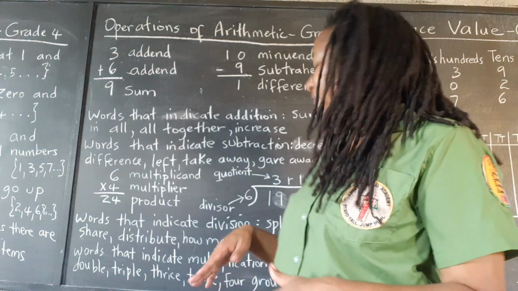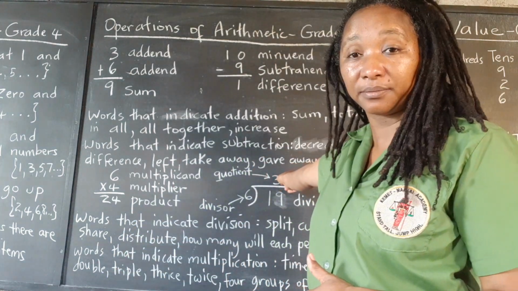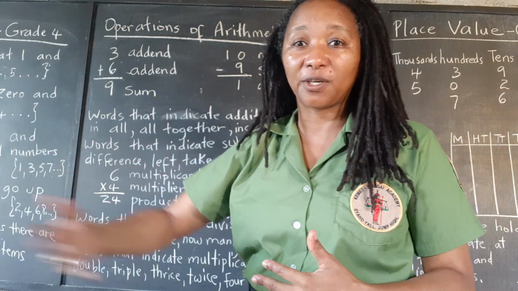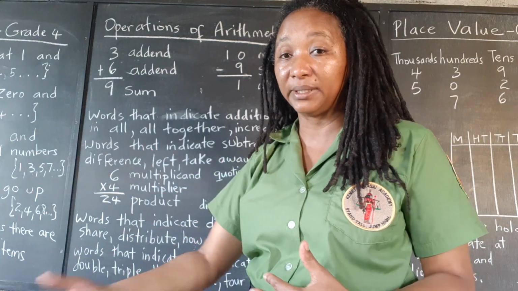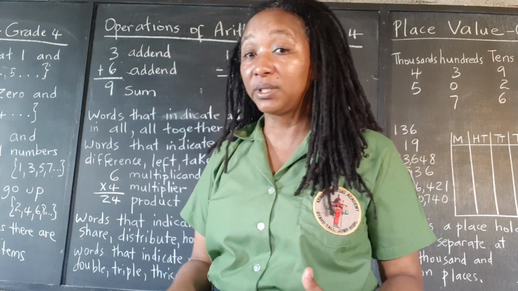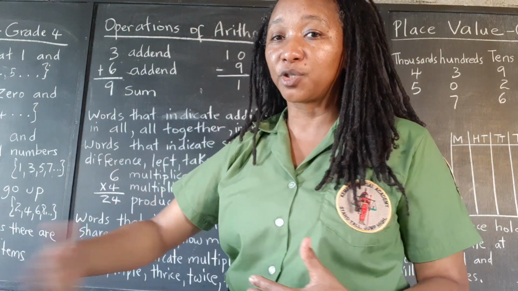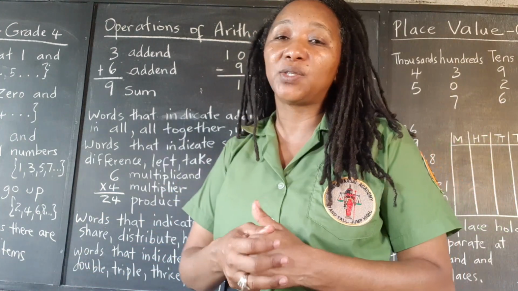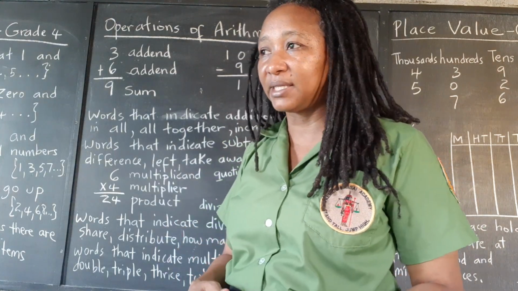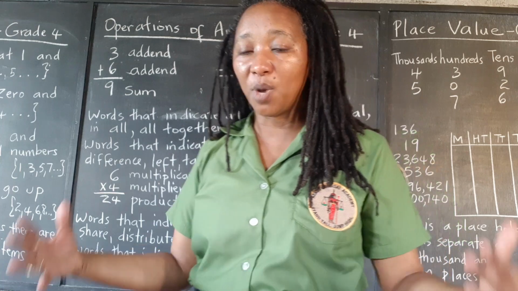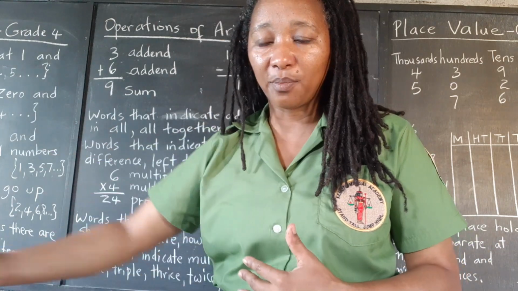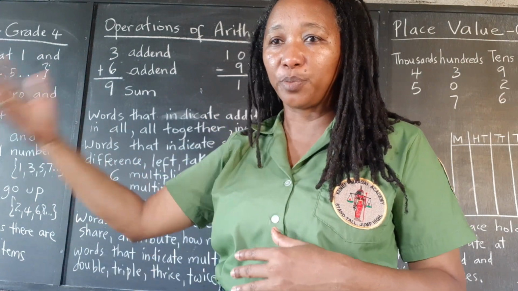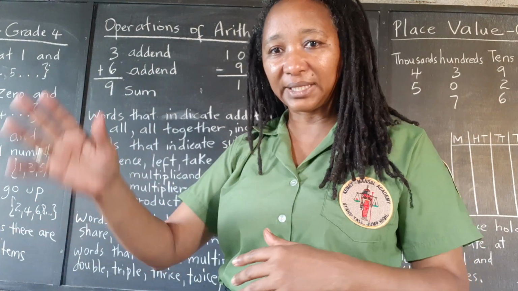Or if Marcia gave away 10 of her apples, so she's giving it away, she's losing apples, she no longer has the same amount, she's giving some to her friends, she's sharing. Or if you remove something, so all of these words, once you're getting the idea that you had a quantity, you had an amount, and you're taking something out of it, right? You're giving out, you're distributing it to friends,